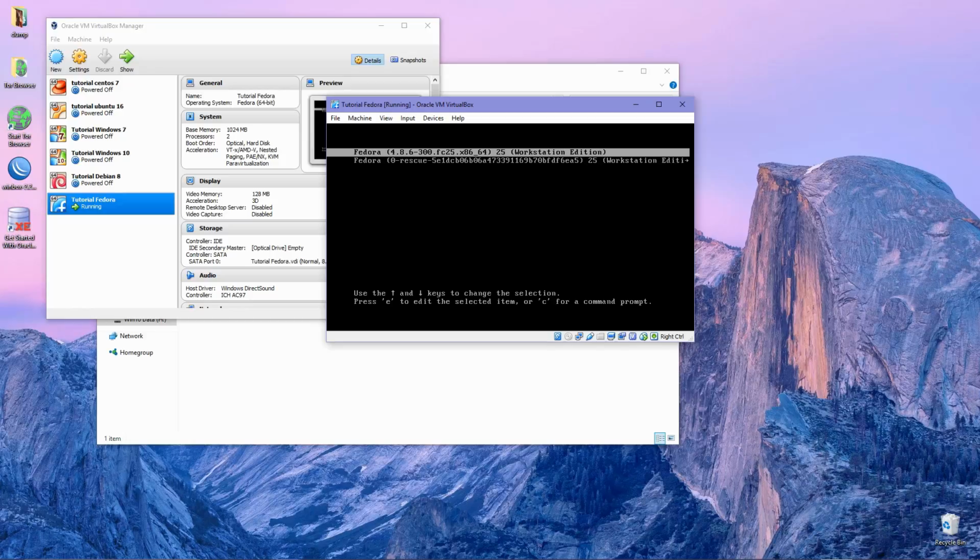So select the Fedora option on top and press enter.